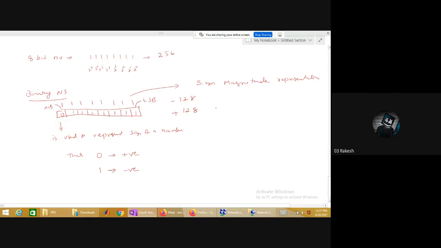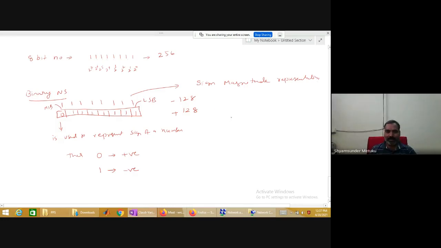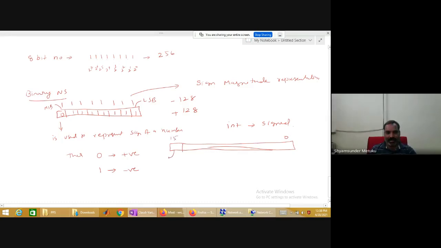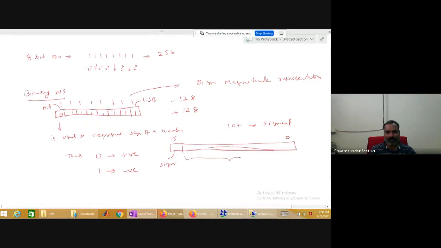Yes, sir. Okay. Now, just now I mentioned integer default is signed. When I say signed, how many bytes did I say? 2 bytes. 2 bytes means how many bits? 16. So this one is for sign and this whole thing for magnitude.